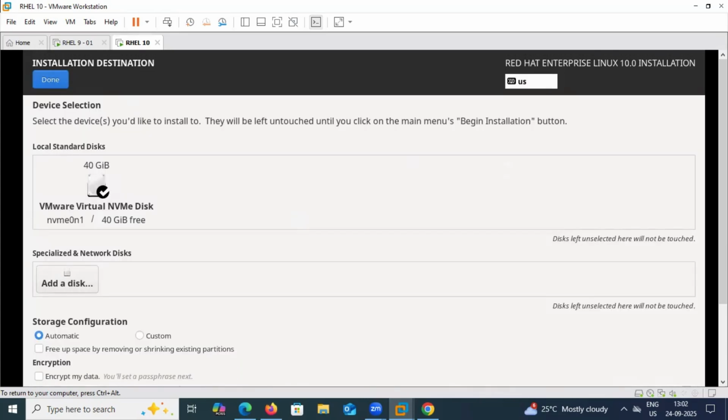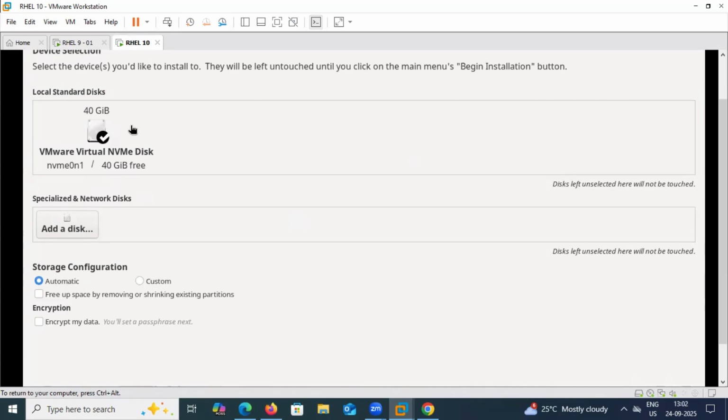And here, after selecting that I want to do it on the local hard disk, it is going to ask you for a storage configuration. By default it has selected automatic. Automatic means the system is going to automatically do all the partitioning work. Now if you want to allow the system to do it and later review that, you can go for free up space by removing or shrinking the existing one,